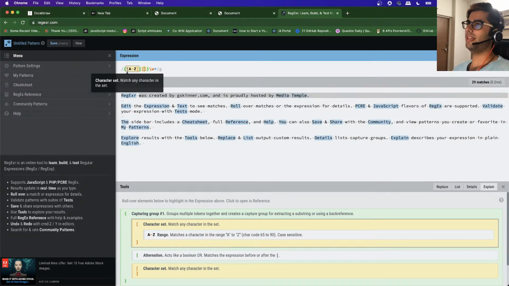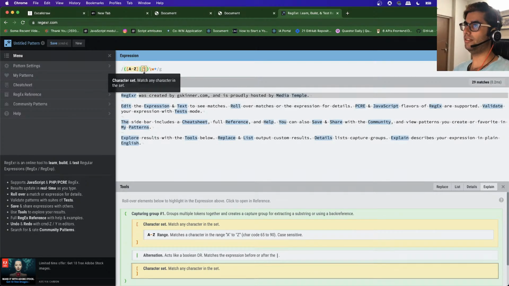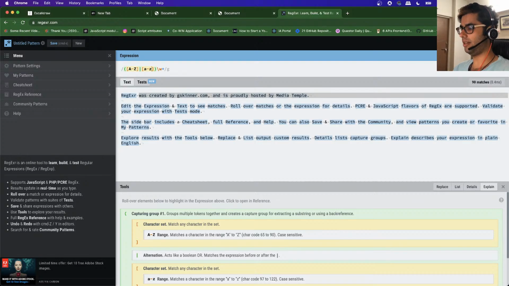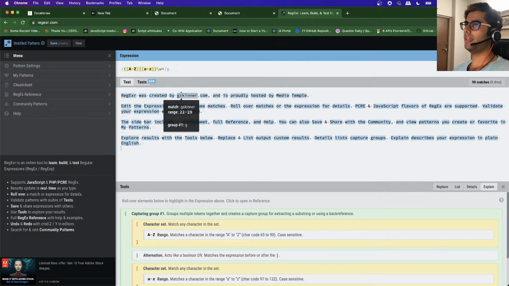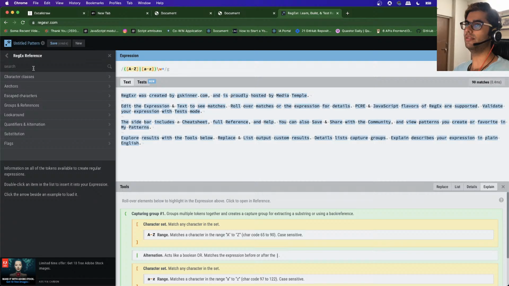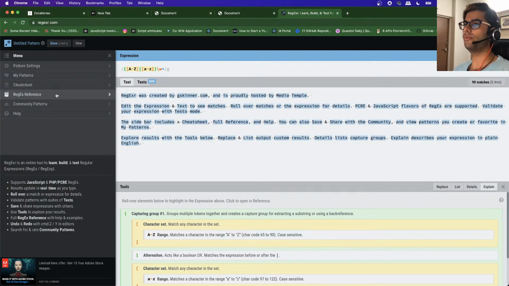I can say A to Z capital letters, or A to Z lowercase letters, and now you can see all of the lowercase letters are also being matched by this regex, right? So you can check out all of the patterns. You can go through the reference over here and play around with this, because regex is something you might come